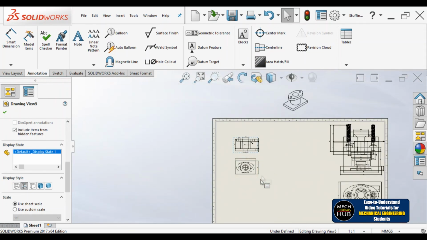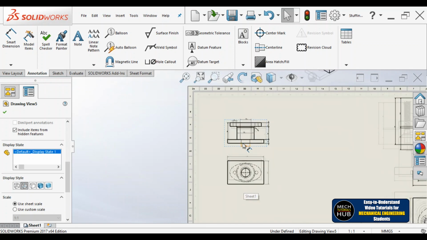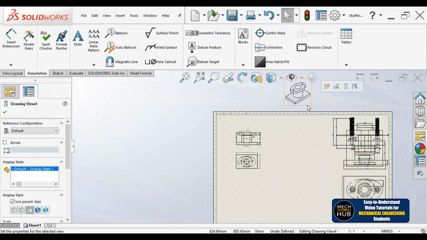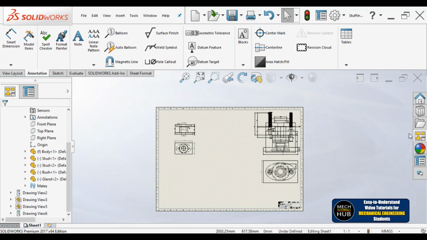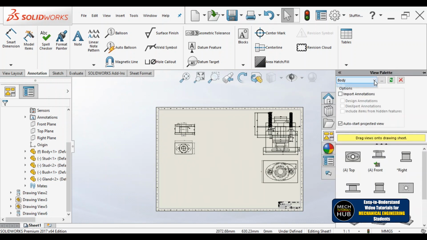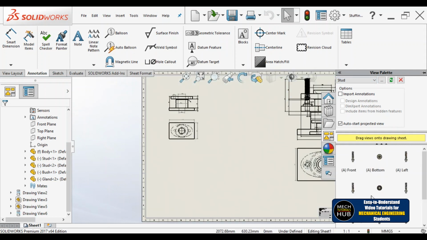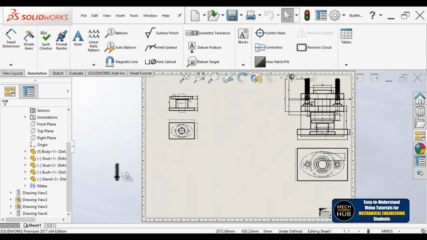Alright, if you want, you can increase the scale also, that can also be done. This is fine. And now, this happened by mistake, I'll just delete this isometric view which is not required. Nobody will ask you to draw the isometric. I'll go to palette back again. This time I want stud information. It is reading the stud information which is there in the database of this particular laptop. I'll just take this front view, I'll place the front somewhere, maybe at this point.